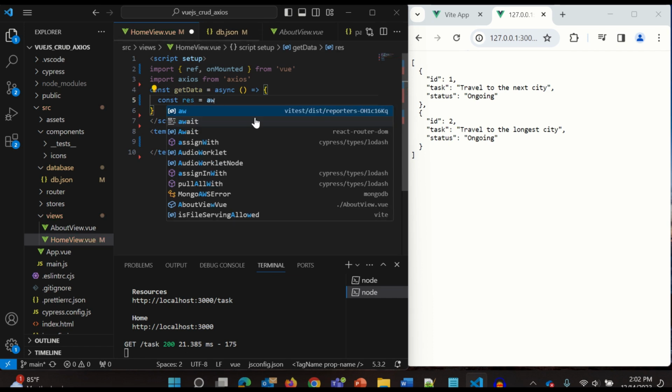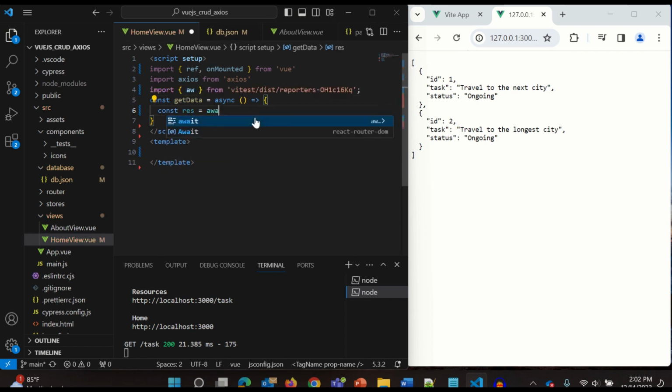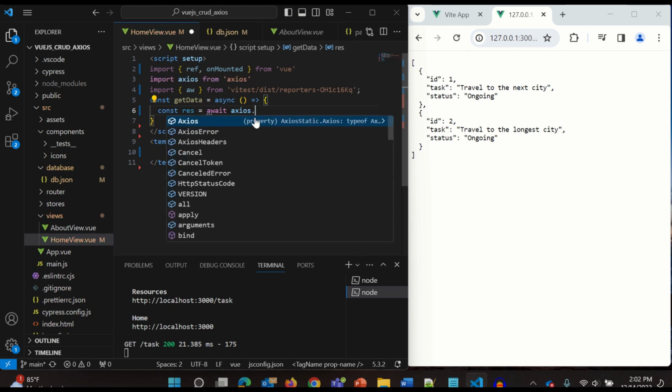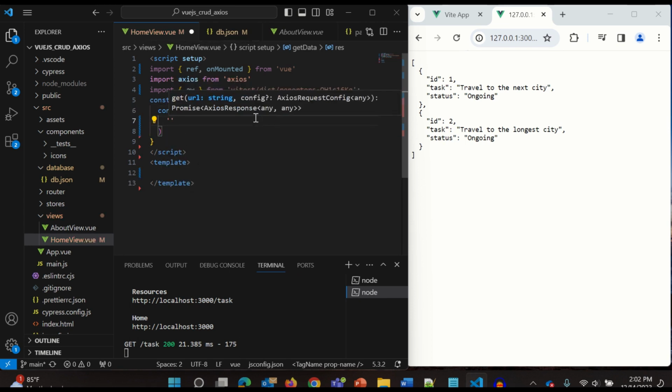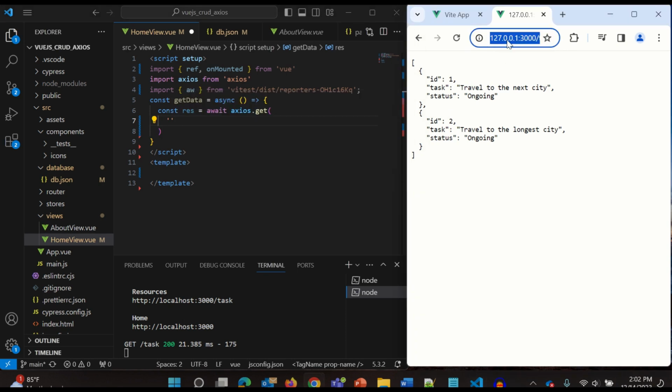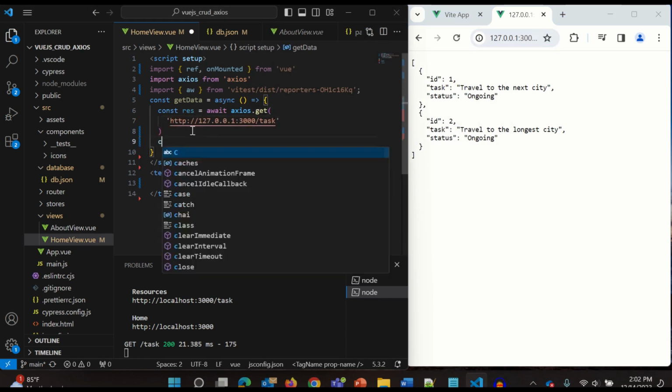To get data from the server, we will use the get method from Axios. So get, and the URL of our backend is this one. So I can copy this one and put it here. So let me console log